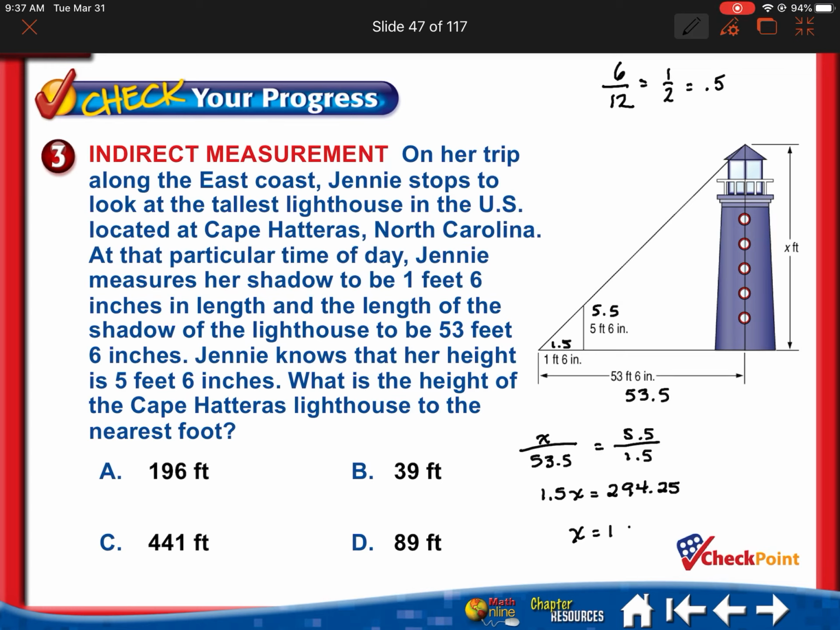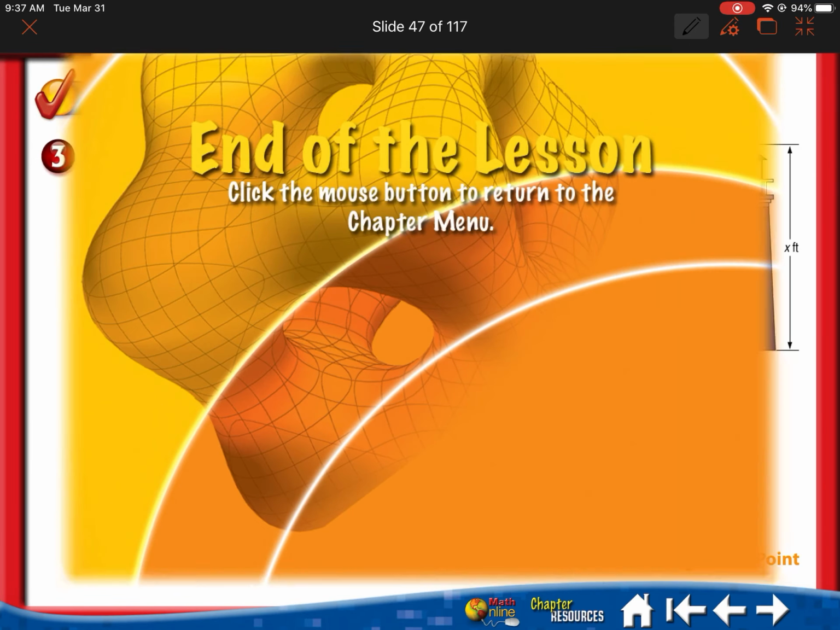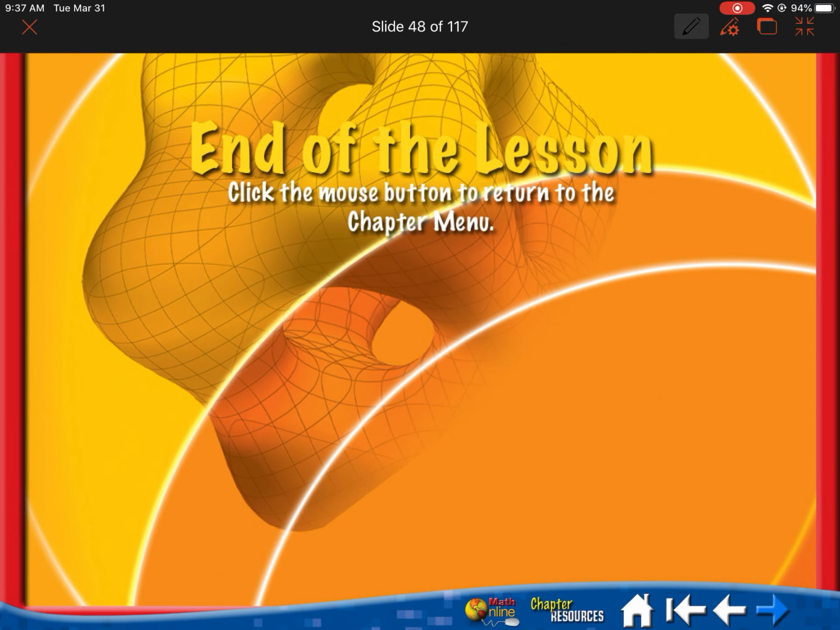We get the height of this lighthouse is 196.117 feet. But they said, what is the height of Cape Hatteras Lighthouse to the nearest foot? So what do you think we should put? 196. All right, so hopefully that made a little bit of sense to you. I look forward to you for section